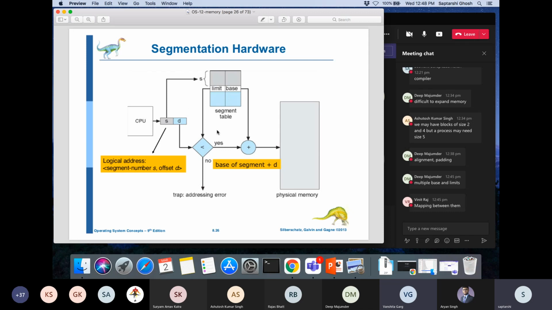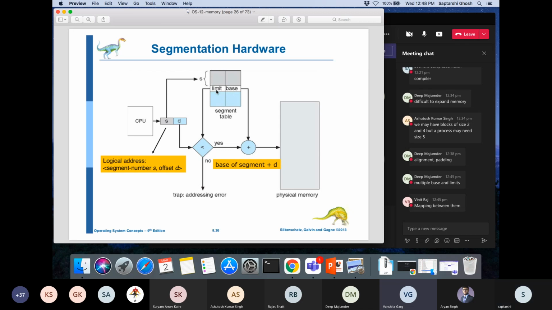So the way the mapping from this logical address to physical address takes place is as follows. This segment number generated by the CPU is used to choose one entry from this segment table. Okay. So if this segment number is say 4, that means 0, 1, 2, 3, 4. The fifth entry in the segment table wants to be accessed. So usually segment numbers start with 0, right? So if the segment number is 4, then